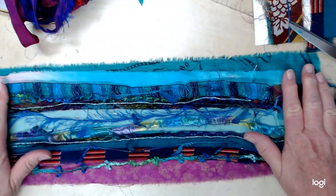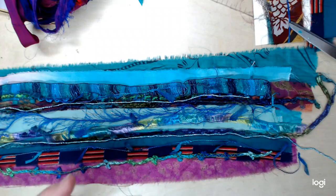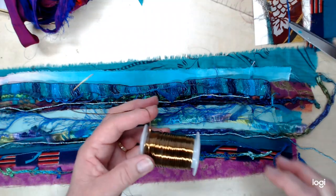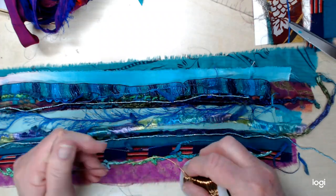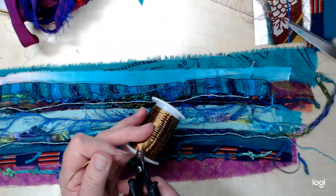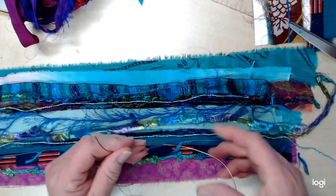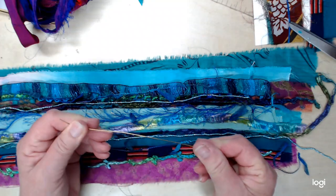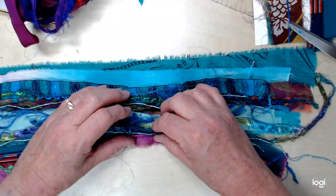Okay, now I've got it laid out the way I want it, and I'm going to pull it together and hold it with some wire. This is my wire, but the cap's gone off of it, but I want to say it's 18 gauge. So I'm going to pretty much guess that's probably 18 gauge. That's about what I work with on a lot of my projects. All right. So now I'm just going to kind of scrunch it all together